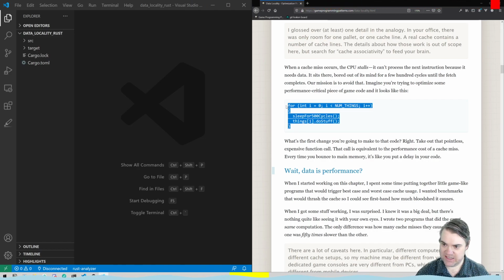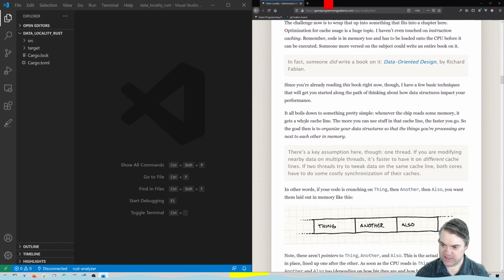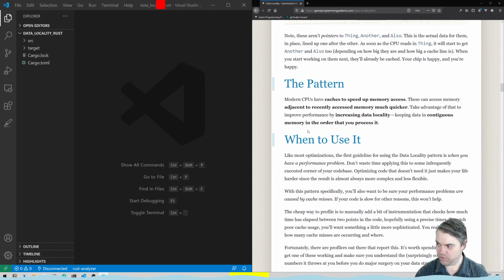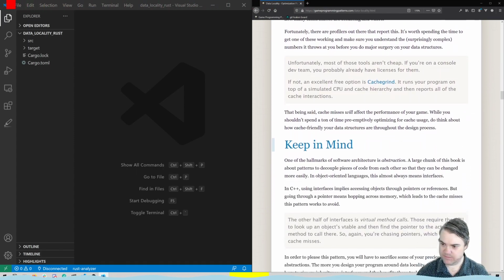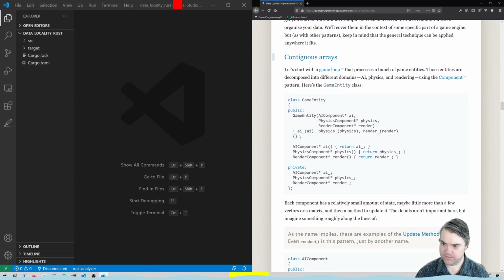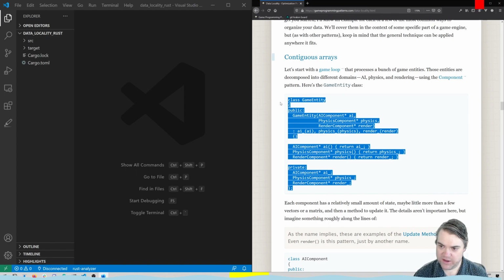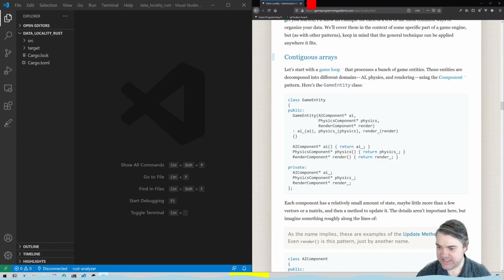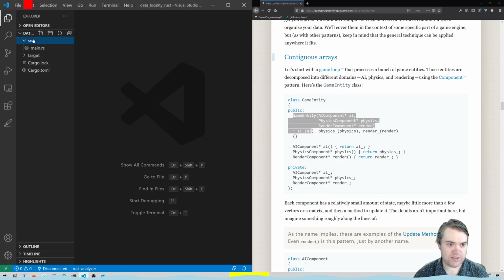Right, so this is like the sleep one. We didn't really do that because that's just simple, an example of what's happening. Here it is, our first real code example. So we have our class GameEntity, and then we have this constructor on it. So let's go ahead and open up